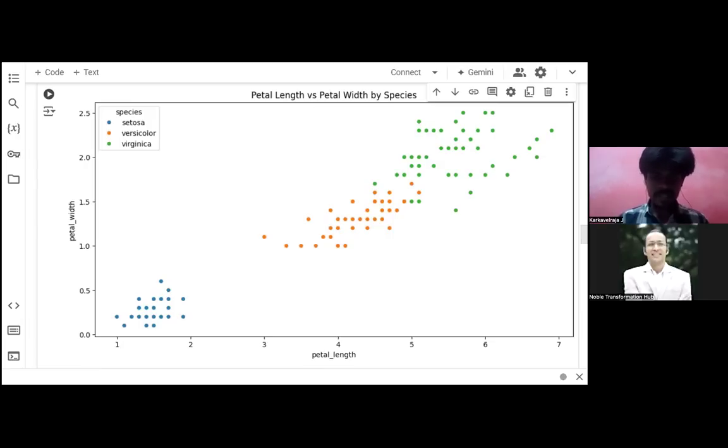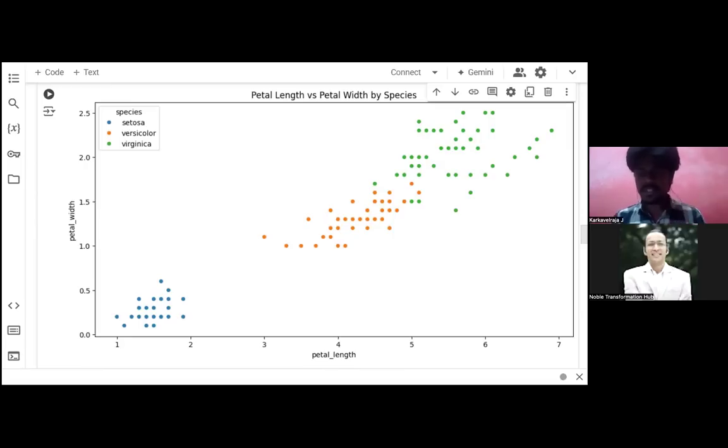Second inference, there is some correlation between versicolor and virginica, right? That's the inference that I'm getting from this graph. Guys, one thing: anyone in this world can do visualization. How you give the inference to the client that is going to make the change? Whenever you have a visualization, you need to say what is happening. That's a major point of any data scientist, I would say.